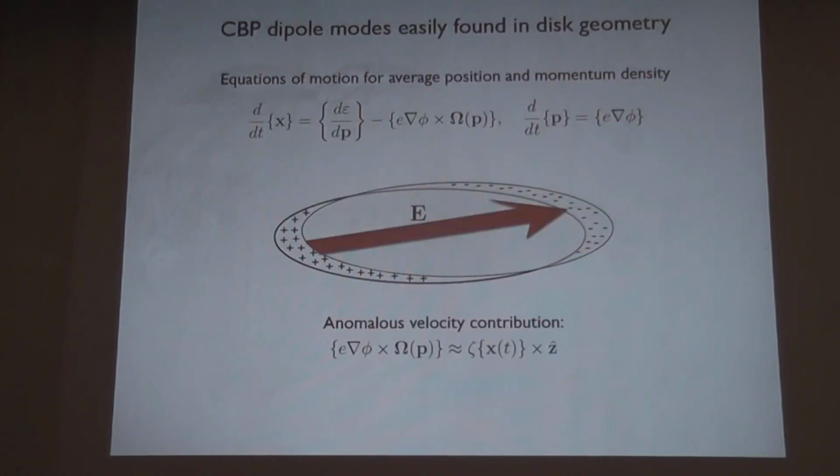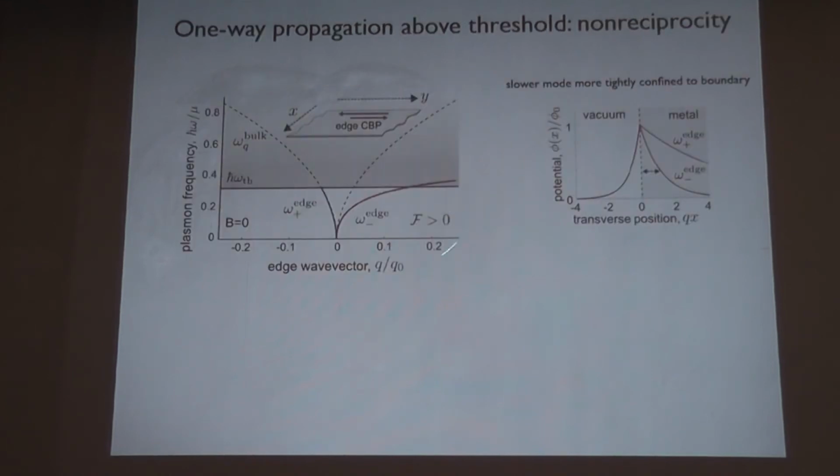Great, so we can write this down, and we know these omega plus and omega minus modes for these edge Berry plasmons. One can ask the question, how will I see this? Experimentally, how will I do it? And one way of looking at plasmons, apart from